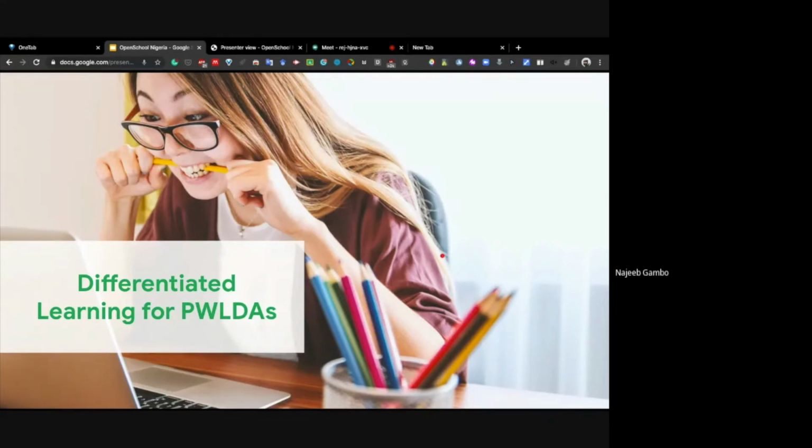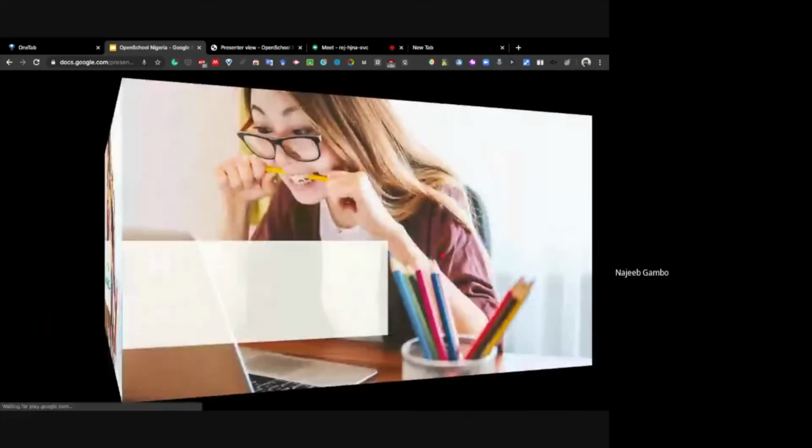Or I have a student that is dyslexic. So it is not every font that she could be able to understand. So I have to find fonts that are pleasant to the eyes of the dyslexic student. And